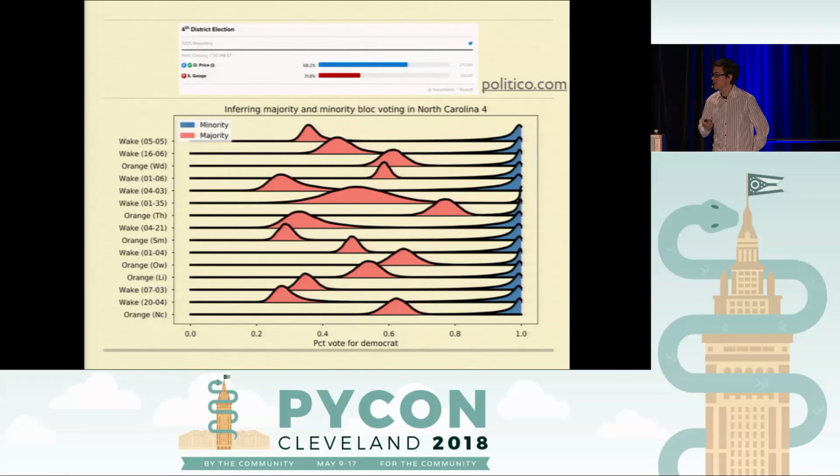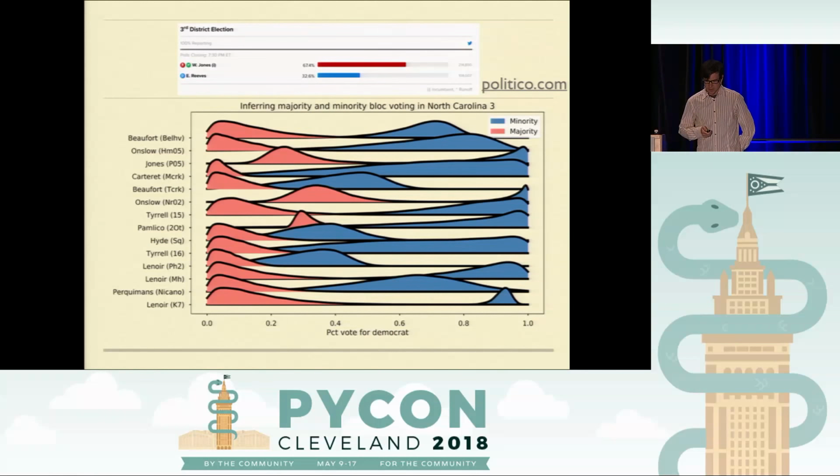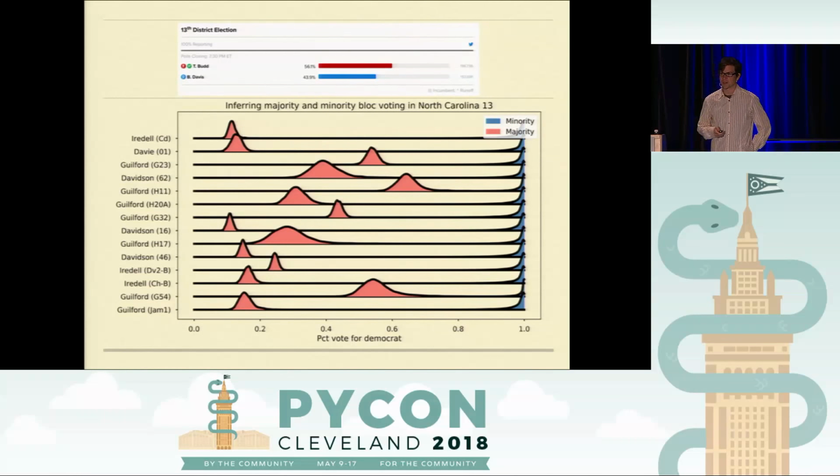Here's another congressional district that also went Democrat. You can see here every single non-white precinct we found, we were estimating was almost entirely voting for the Democratic candidate, whereas the white vote was more towards the middle. This was a landslide Republican congressional district, and you can see there's a lot of uncertainty over the non-white vote, but the white vote was very much clustered around 0% for the Democrats, or let's say under 20%. And the last one, this was actually the closest race in North Carolina in 2016. This was decided by 12 points, and you can see that the non-white vote was very much clustered above 90%, whereas the white vote was spread out a little bit more.